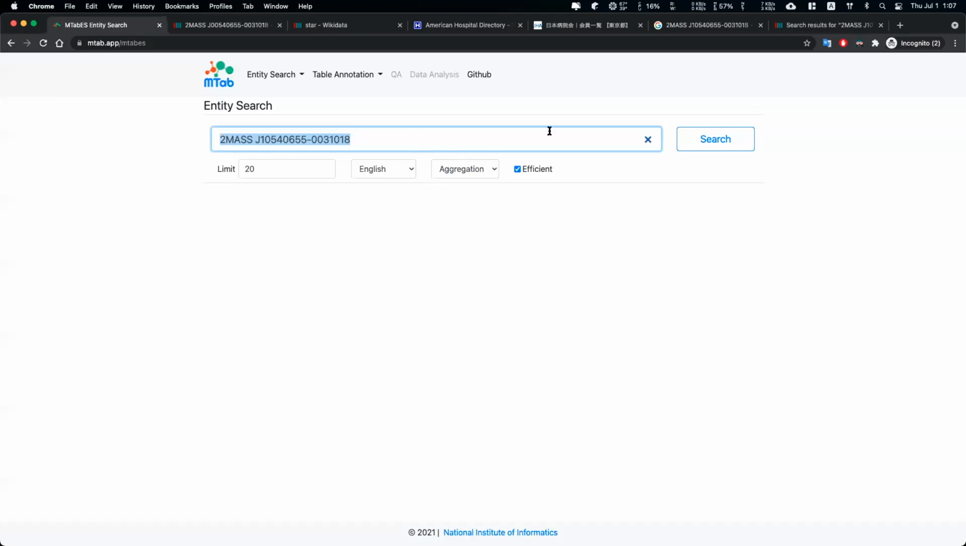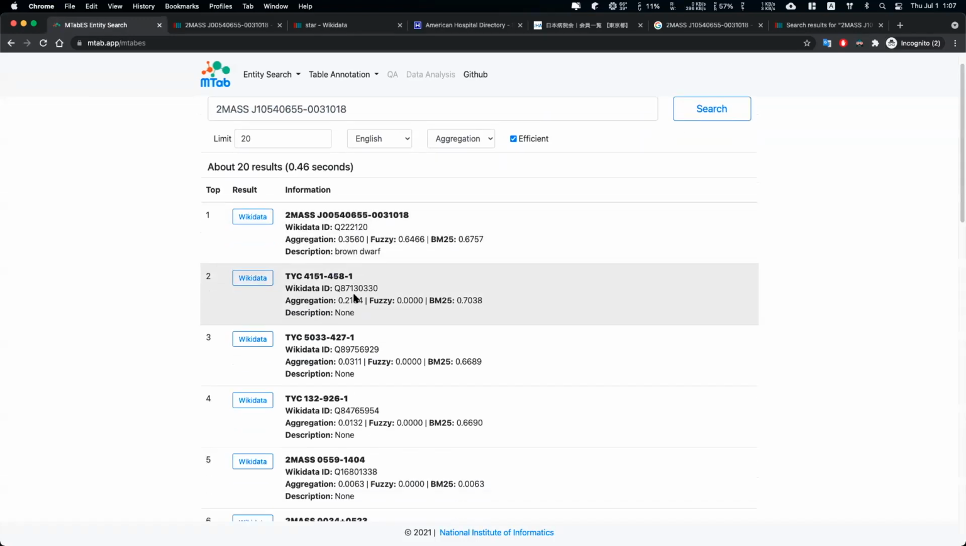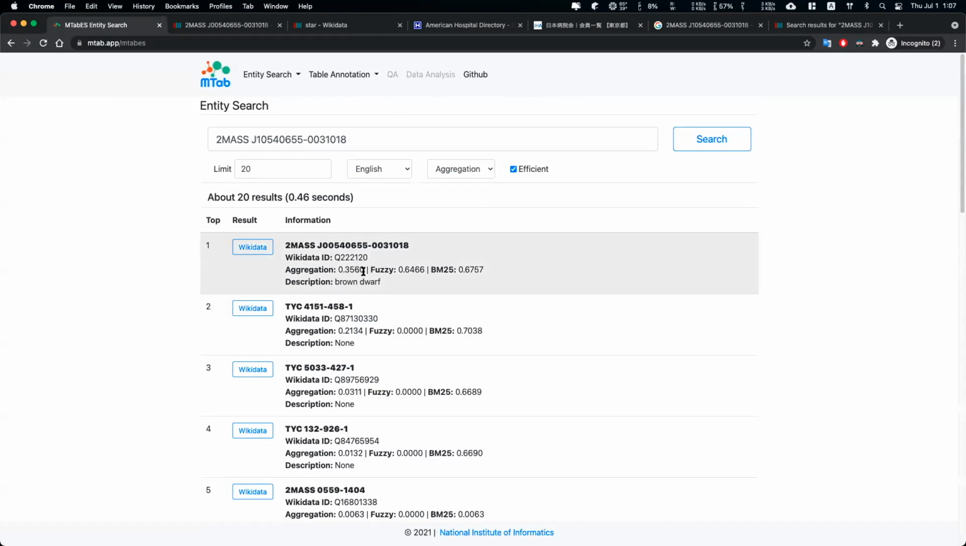But you can find it using the MTab system. It's really fast and efficient. So it can help you to generate the entity candidate